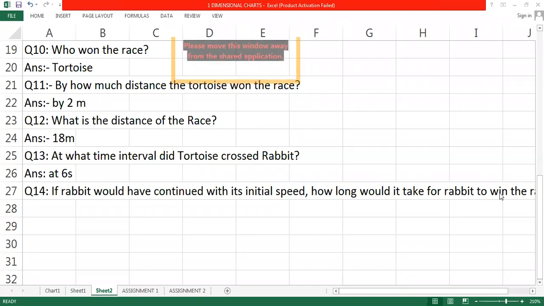No, Nishant, please check it. Monish, your answer is right. Swam, please check your answer. Mahesh, your answer is right. Ruchir, check your answer. Nishant, check your answer. Study the graph a little. Aditya, your answer is right. Avni, your answer is right. How long would it take for the rabbit to win the race?